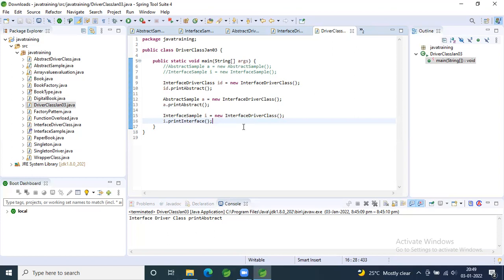So now for the interface class, I can have only the draw and calculate area methods alone, right? There will not be fill color, or I can have fill color in abstract format. Fill color is only in the abstract class. So when do we go for abstract class? If we have any common code, right? Common thing. So that is the reason I'm giving you fill color in the abstract class, whereas in the interface, I don't have fill color. I just want to calculate my area and draw that particular shape. That's it.